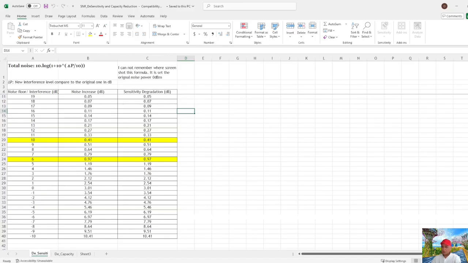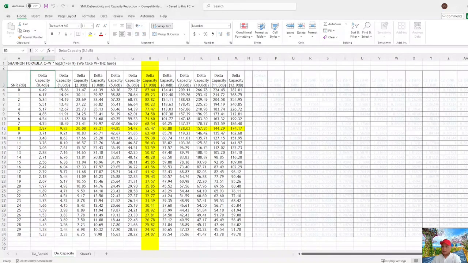Then we get the noise increase and the sensitivity degradation, and based on this we can calculate the capacity degradation. You see, the same as we showed in the slides: at the cell edge, 0.4 dB sensitivity degradation causes how much capacity degradation, and 1 dB sensitivity degradation causes how much. These are all the formulas here.